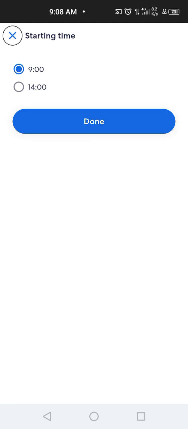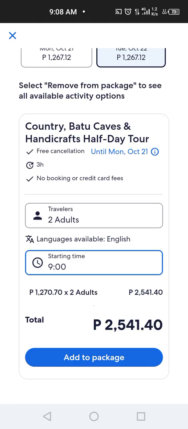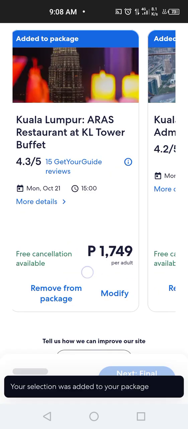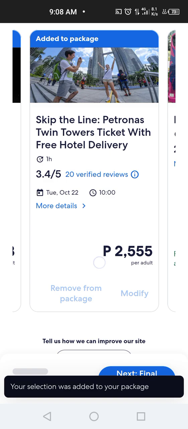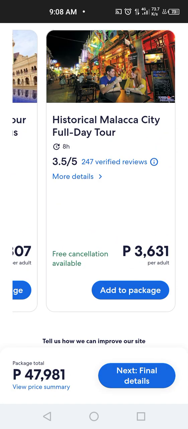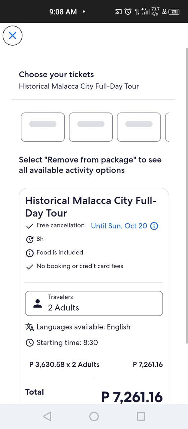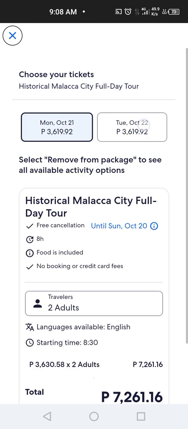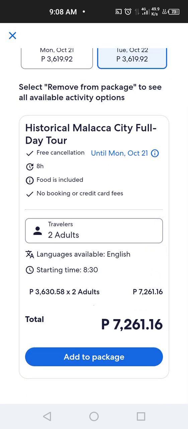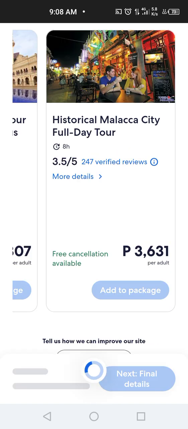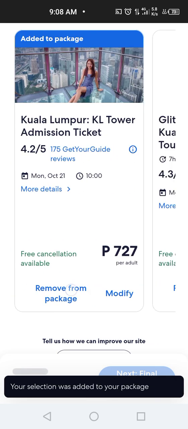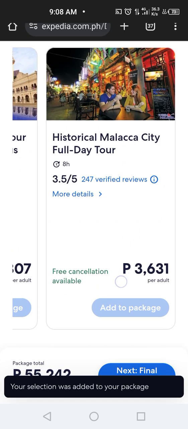The other one will be starting at 10. So yeah, maybe I'll be doing that. I'll be doing this first, and the second one would be the Twin Tower tour. And lastly, I'll be doing this last activity for my second day in Malaysia. Yeah, total 7K, and it's complete.